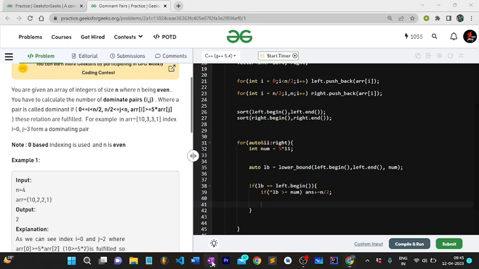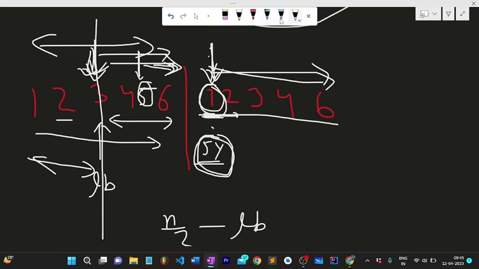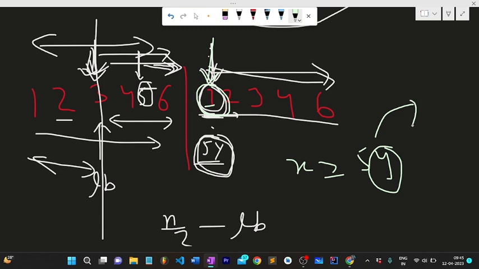Why n by 2? Because let's suppose my iterator has stopped here, at the first index, this point. What does it mean? This value, let's suppose it is x, is greater than or equal to 5 times y, and y is the array element which I have selected from the right array.